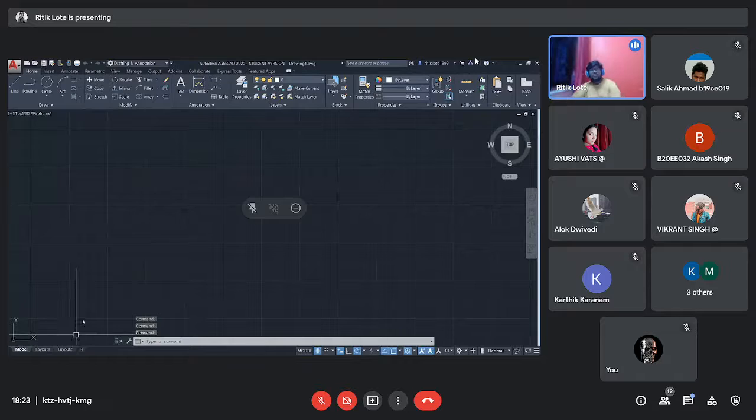So Ayushi covered till this explode tool.